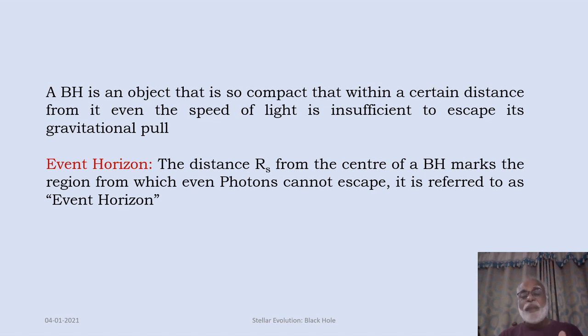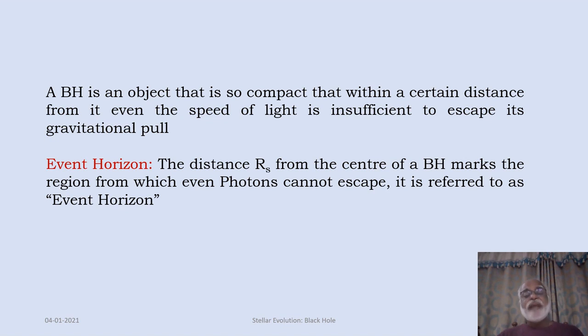So when you talk of the size of a black hole, we are not referring to the radius of the black hole, as was postulated by Michell and Laplace. When we talk of the size of a black hole, we are referring to a distance from the singularity within which the velocity of escape, or escape velocity, is greater than c. At the boundary, it will be c. So even photons, if they have to escape the gravitational pull, if they are within the Schwarzschild radius, they can't come out. So this boundary from the singularity to a distance rs, all around this singularity, is called the event